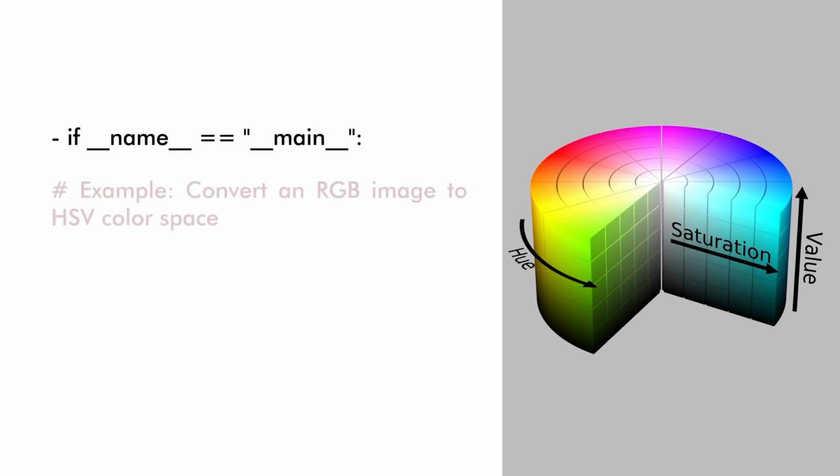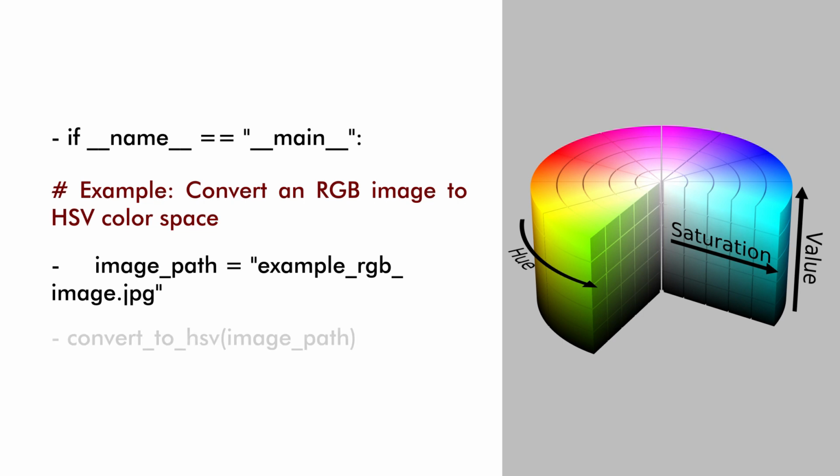In summary, we can say that example_RGB_image.jpg is replaced with the path to your existing RGB image, the code will open the RGB image, convert it to HSV using the convert command with the RGB mode, and then save the converted image as converted_HSV_image.png. Please note that converting an RGB image to HSV does not change the visual appearance of the image, but rather represents the RGB pixel values in HSV color space, making it easier to manipulate individual color components.